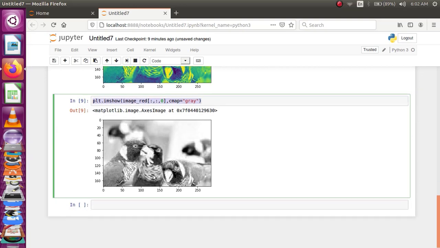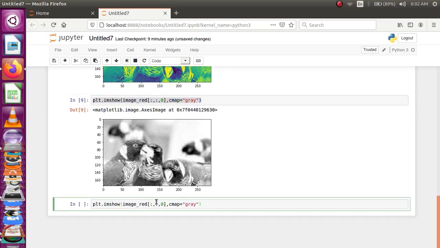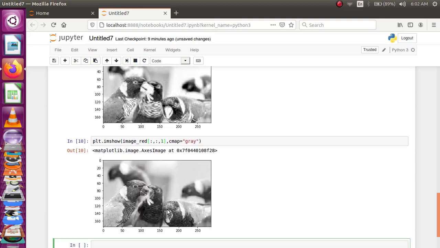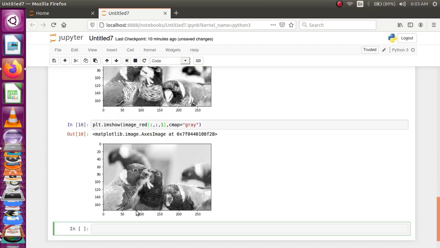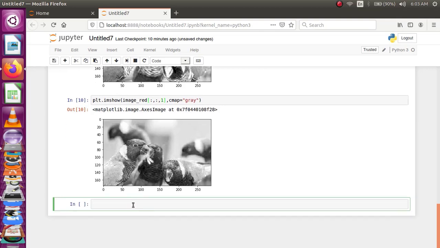0 is nothing but the red channel and 1 is our green channel. You can see here, now this turns black, which means that here we don't have green information, only this portion has green information. Let's go back and check the image. See, here we have green information. That green information appears brighter. All other information is darker. Similarly, we can check for the blue channel too.